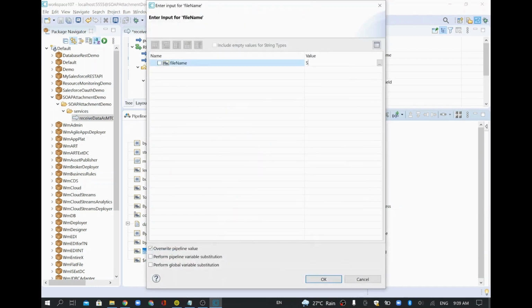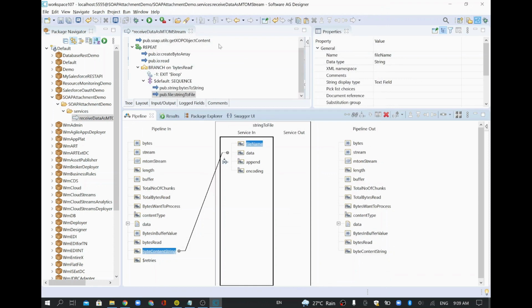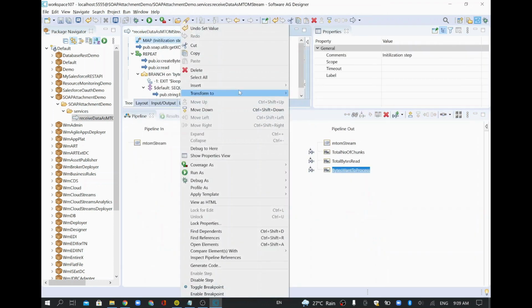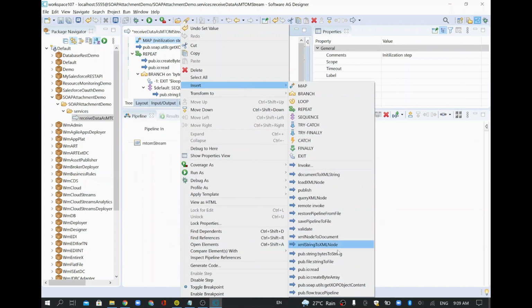So this is my soap attachment, right? So I'll just give soap attachment, and I'm going to receive some XML file only, which is having 1821 KB. So I'll store this as an XML. Here I'll just try to include some timestamp. Okay, so I'll give a perform variable substitution as well. I'll give OK, and I'll take some time value. So I'll quickly use get current date time.